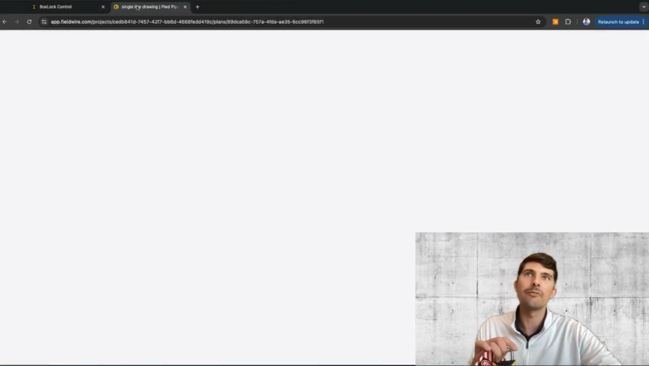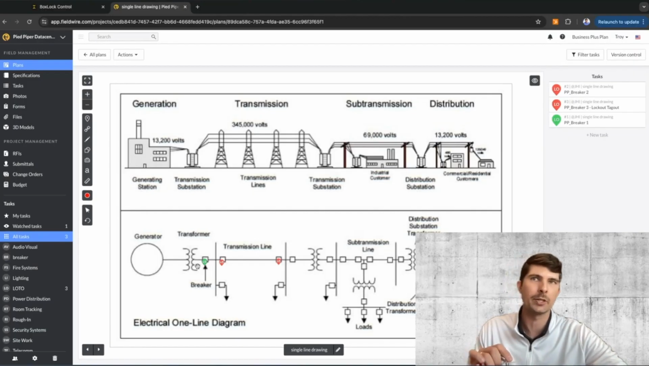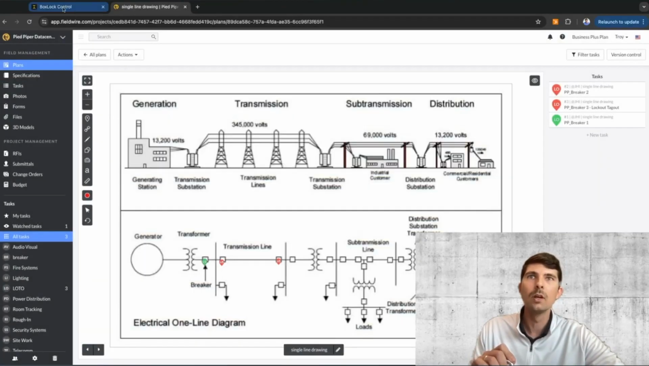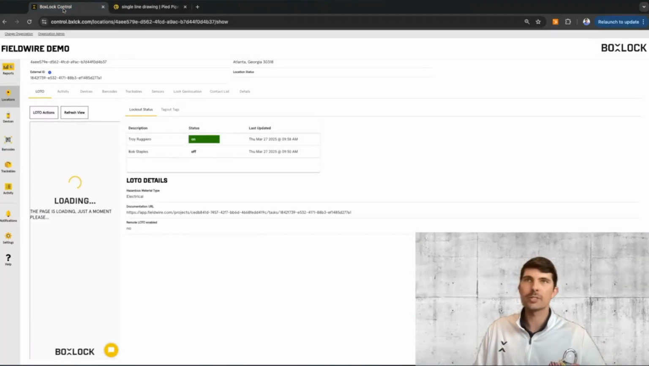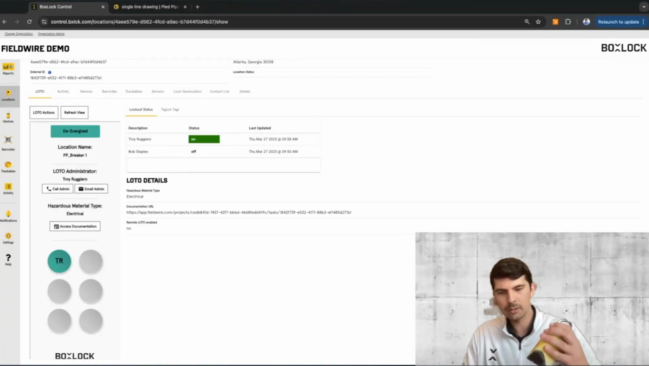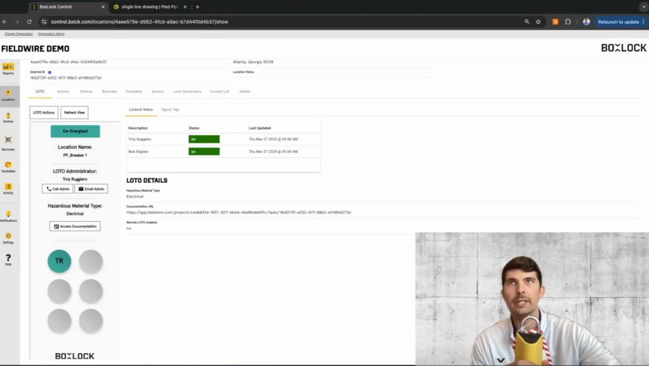And I'll go to the Fieldwire side and see that breaker status has changed from energized to now de-energized, or red to green. And that audit trail is also recorded here within Fieldwire as well. On the BoxLock control side, I'll add an additional authorized employee to the LOTO location. The lock will not open because someone else is currently tagged on, and that's again going to record here within